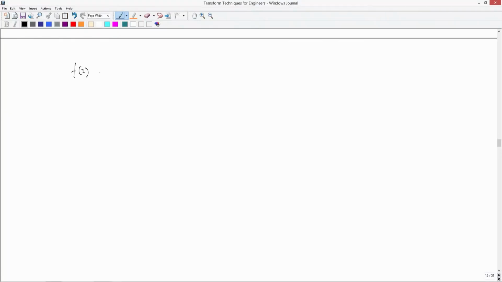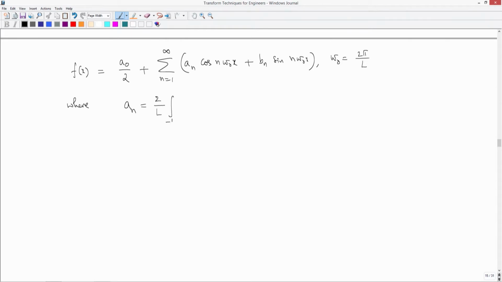So if we look at this Fourier series, for a function f(x) of period L, we have written it like this: a naught by 2 plus sigma n from 1 to infinity a n cos n omega naught x plus b n sin n omega naught x, with omega naught as 2 pi by L. So this is a Fourier series and these coefficients are 2 by L. Let us write a n's: a n is the integral from minus L by 2 to L by 2,